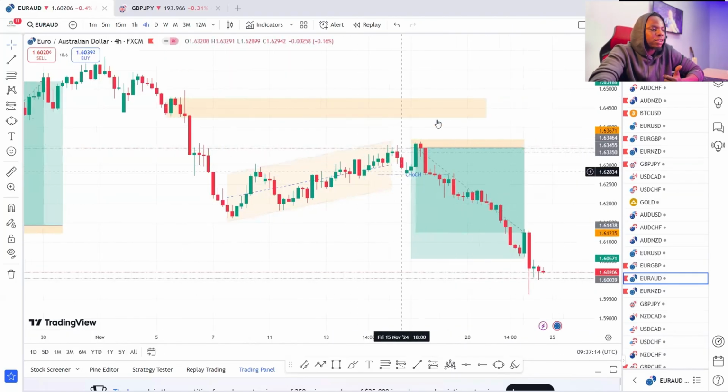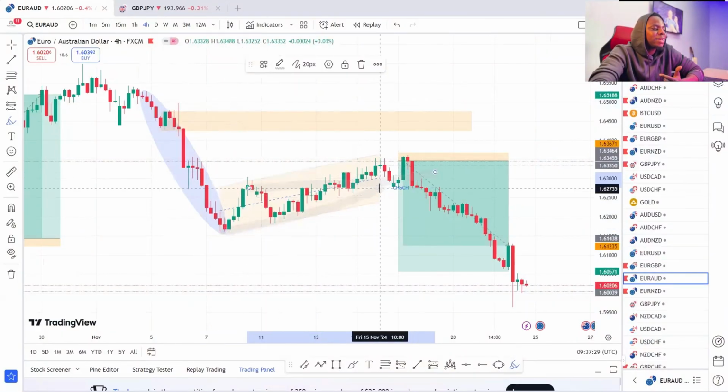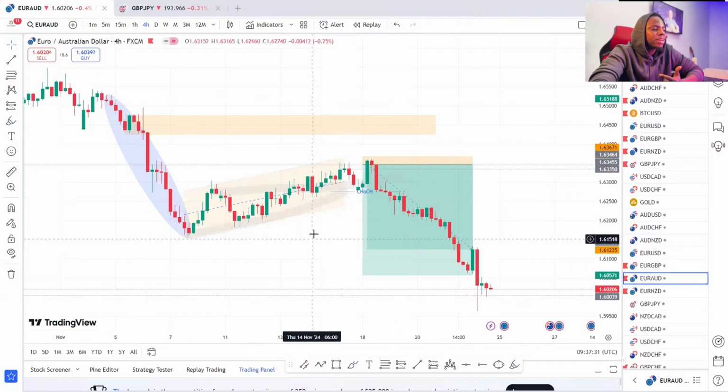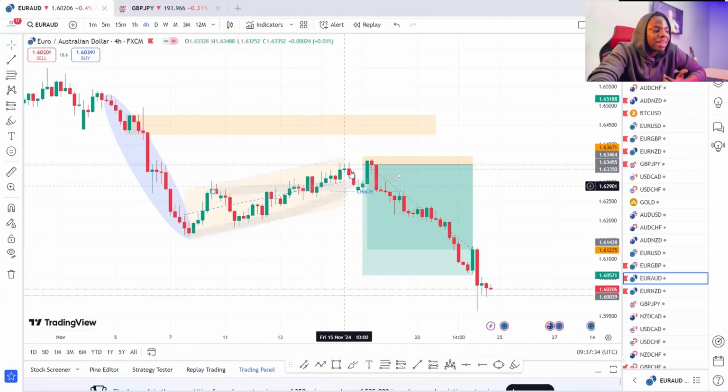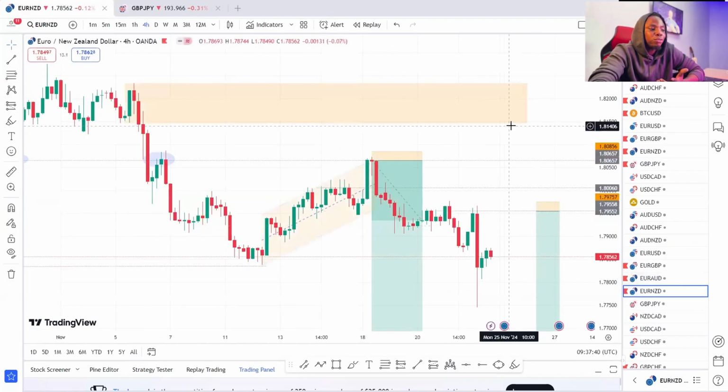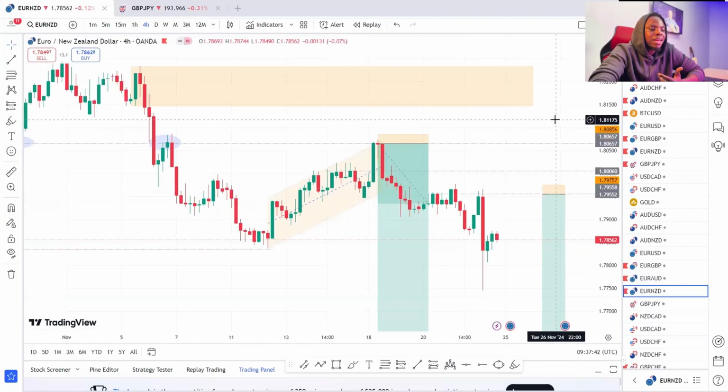Yeah, I have something on Euro AUD that's still recent. Okay, yes, Euro AUD gives us another good concept also. You know, after the market creates this particular impulse movement, look at a very clean correction, a very clean one, where to the upside the market has given us a go ahead that is selling already. So we're just waiting for that market to give us that push up, then we join the sell to the downside. Okay, we had another one, same concept, repeating itself over and over again.